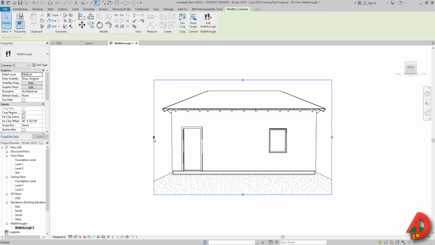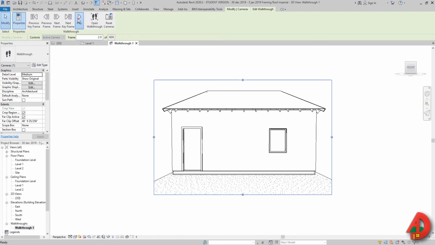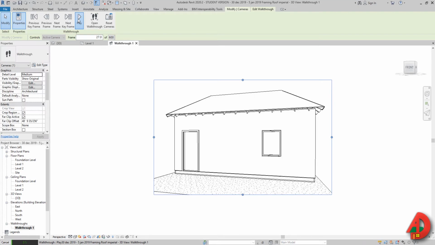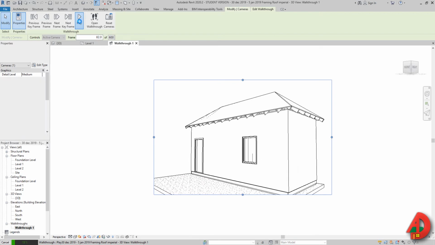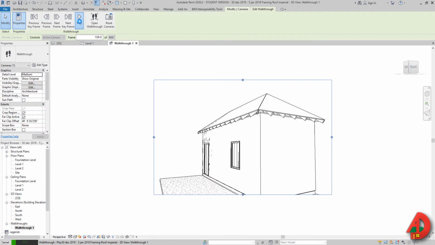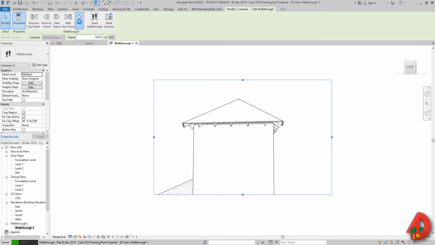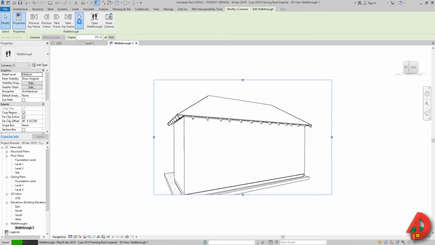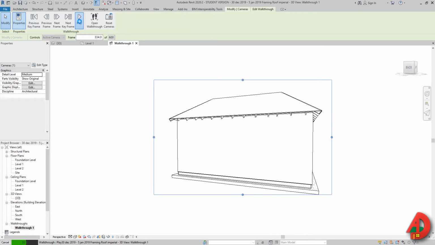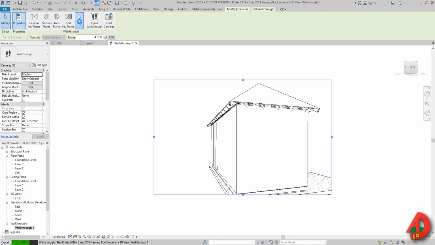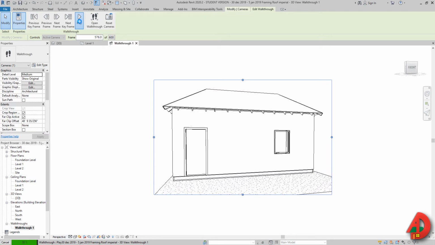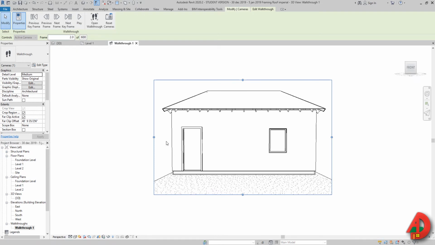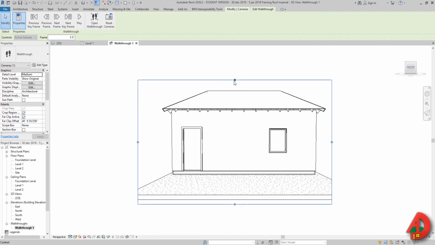I can modify this crop region, and now I can press edit walkthrough and press play, and I'm going to see how the video is going to look. And as you can see here, it gets higher because we set up the offset level 7 feet. Okay, so after I've seen what we have, I realized that we have to make the crop region a little bit bigger.